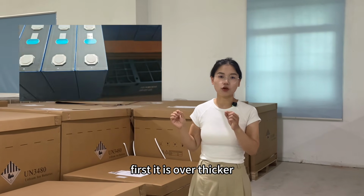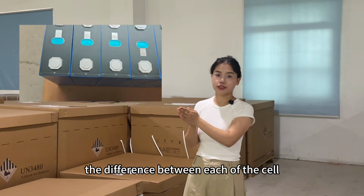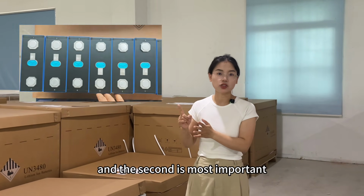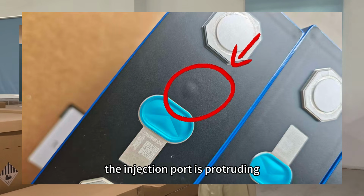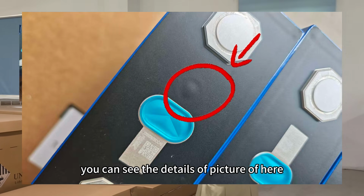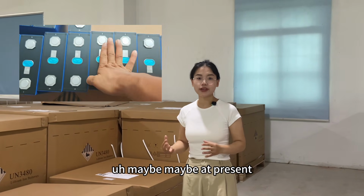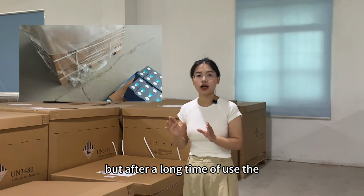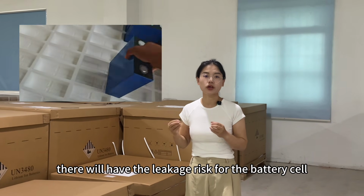First, it is too thick, with a 5 mm difference between each cell. And the second is the most important: the injection port is protruding. You can see the details in the picture here. It means the injection port is damaged. Maybe at present there is no problem, but after a long time of use, there will be a leakage risk